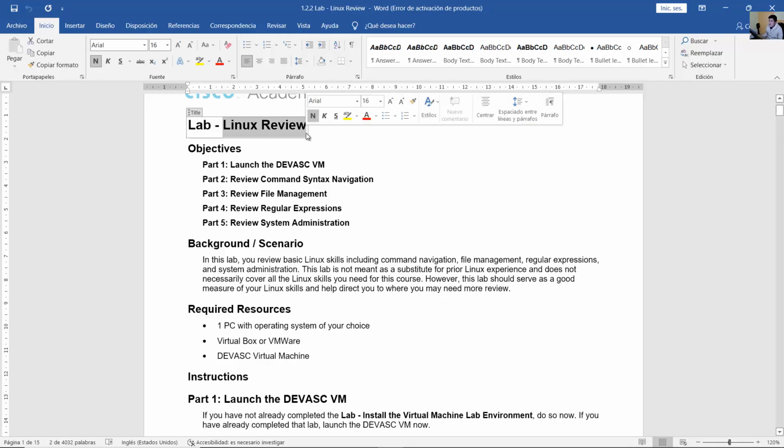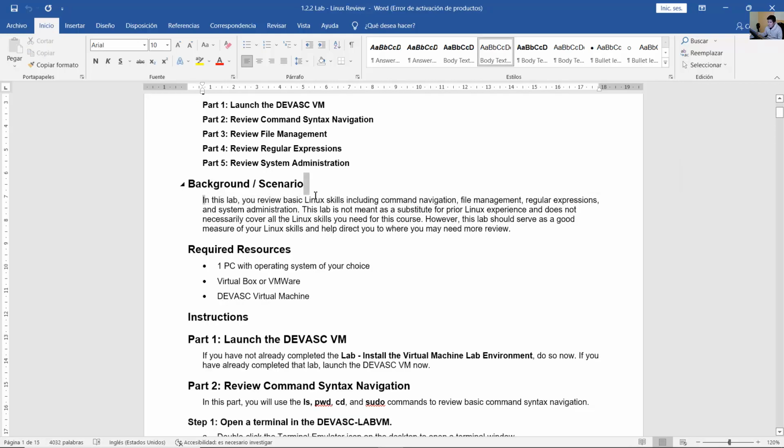Linux Review. In this lab, you review basic Linux skills including command navigation, file management, regular expressions, and system administration. This lab is not meant as a substitute for prior Linux experience and does not necessarily cover all the Linux skills you need for this course. This lab should serve as a good measure of your Linux skills and help direct you to where you may